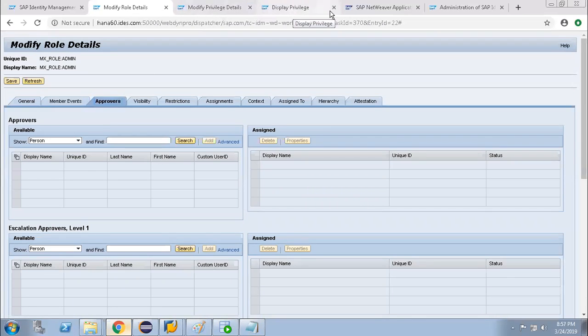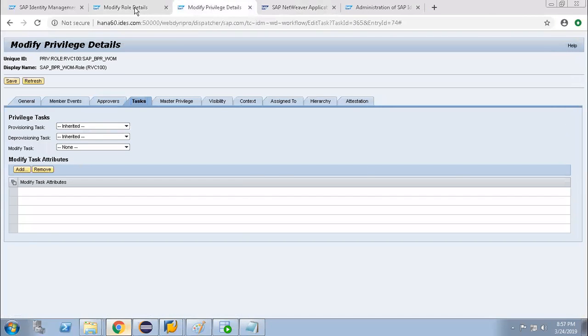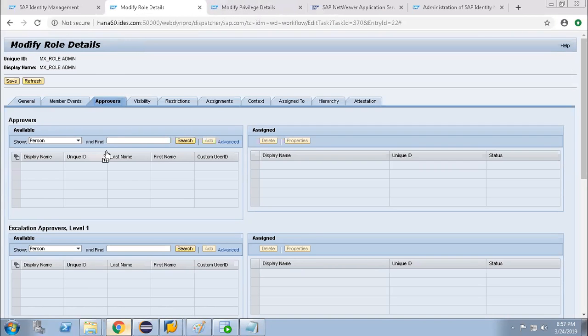Probably privileges are part of roles, right? Because we don't directly assign the role. What is assigned in the backend is the privilege. Yes, the role is just a blank box. It is not getting provisioned to the backend system. Whatever is within the role will be provisioned, not the role itself.